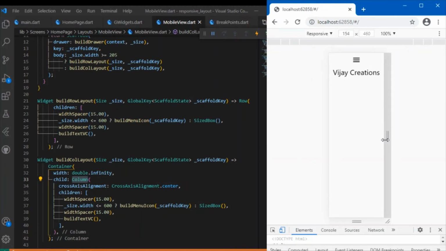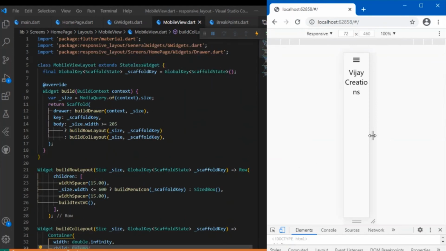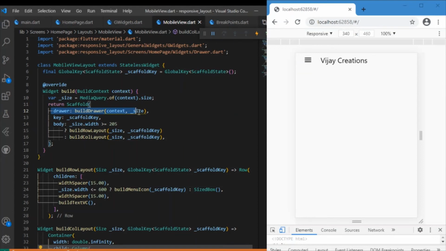So this is what the mobile view is concerned with: just the drawer and building of the body based on the size, whether it will be in a row-wise or column-wise manner.